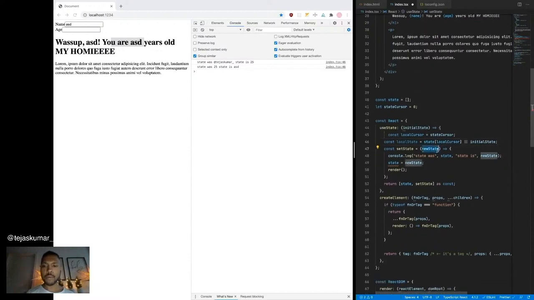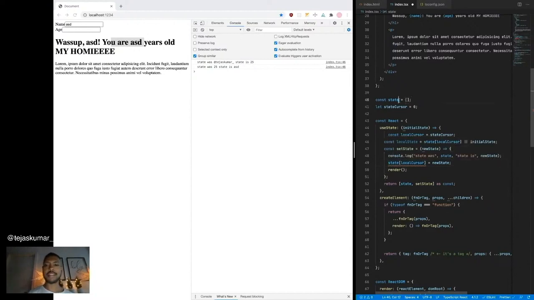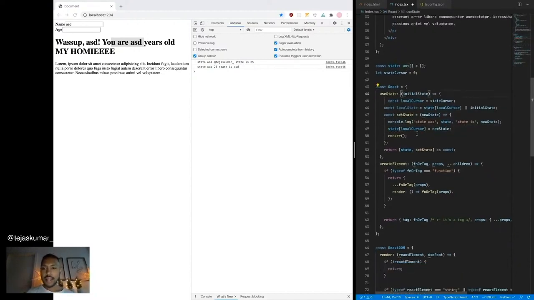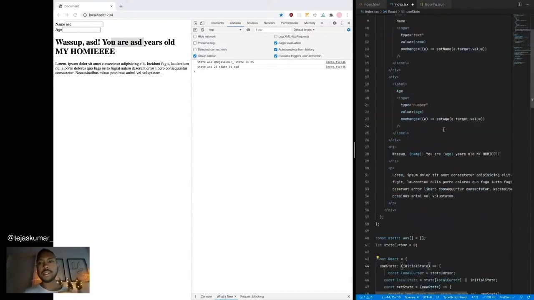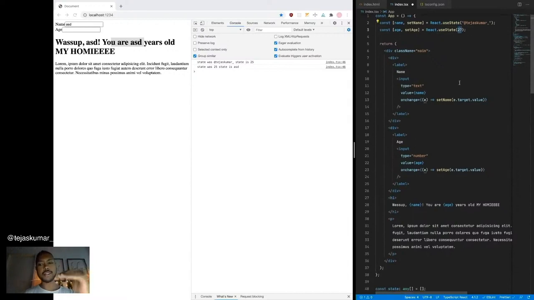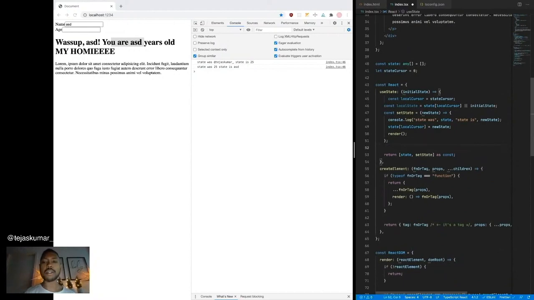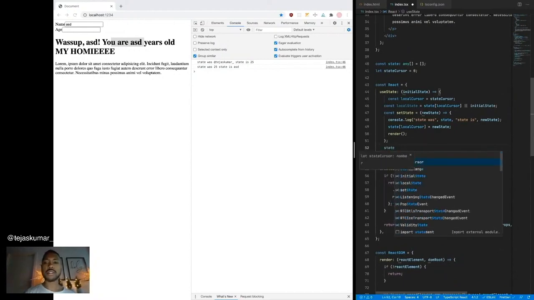Okay. When we have new state, what we'll do is we'll say state at the local cursor, reassign it to the new state. That's it. It thinks it's an array of never. That's why this error, but let's just make it an array of any and be done with it. And re-render. And once we respond to useState here, we need to move on to the next call of useState. So we need to make that cursor go down. So at the end of useState, but just before we return, we'll say state cursor plus plus.